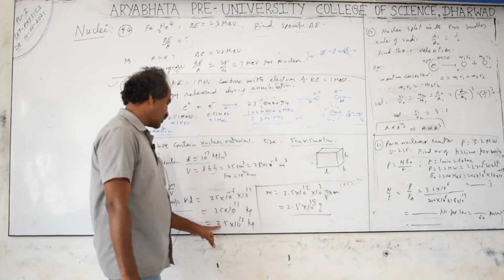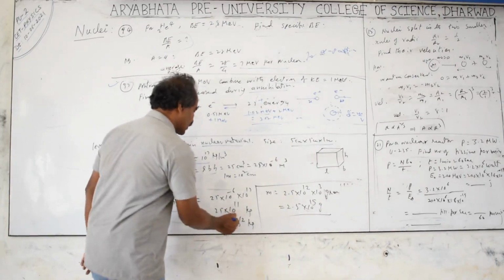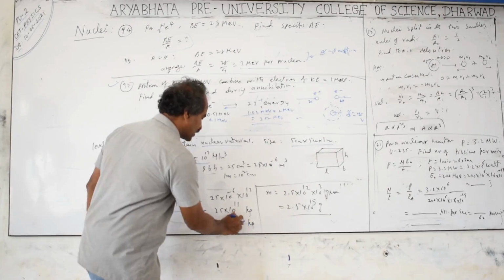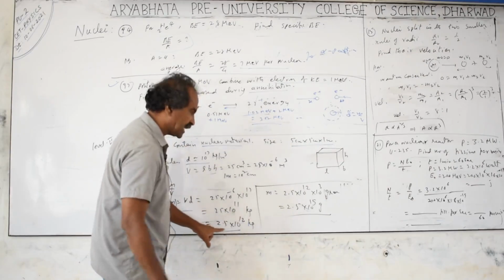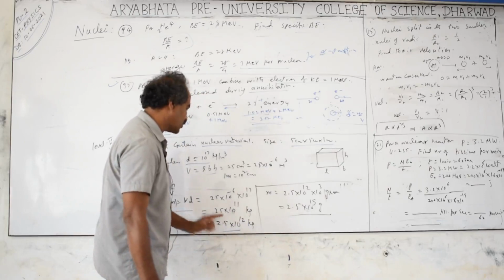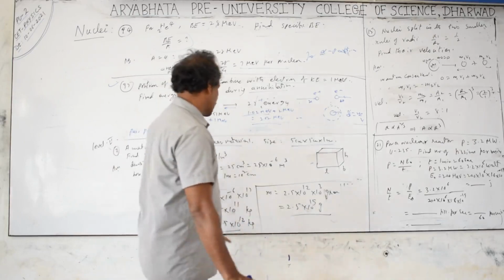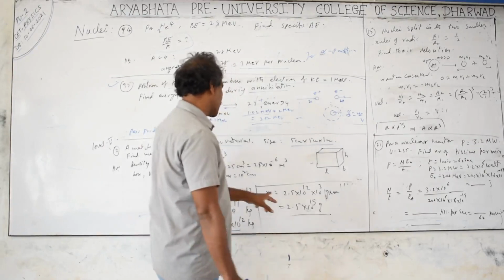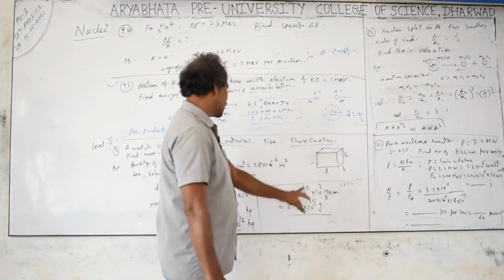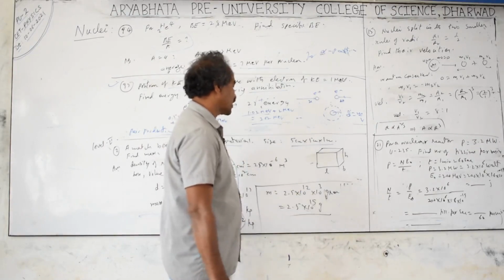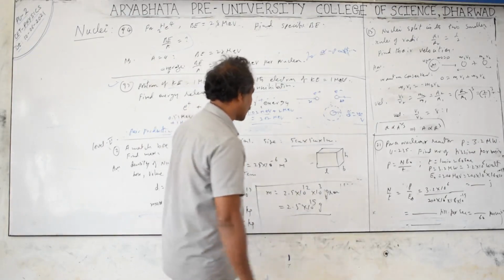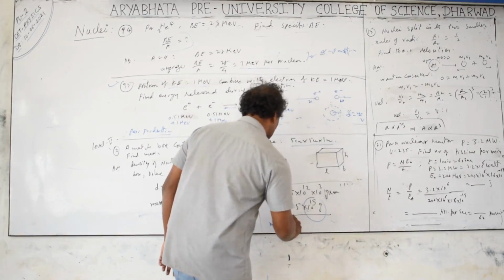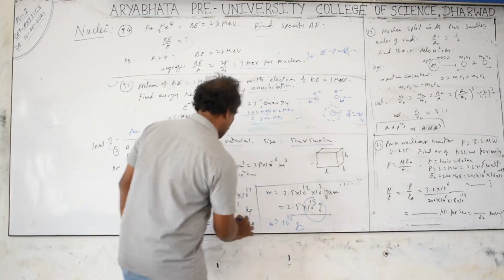Convert this into 2.5 into 10 to the power of 12. Why we have to convert: we are asked to find only the order of the mass, meaning the power of 10 you have to show. When taking the order, this multiplication number should be less than 5, it should not be more than 5. If it is more than 5, you have to add 1 to the power. 2.5 means you can directly take the order as 10 to the power of 12. So mass equals 2.5 into 10 to the power of 12 kg. Converting into grams, 1000 grams equals 1 kg, 10 to the power of 3, which means 10 to the power of 15. So the answer is, mass is in the order of 10 to the power of 15 grams, or 10 to the power of 12 kg.